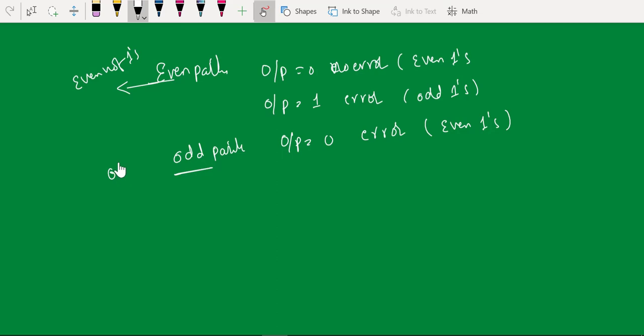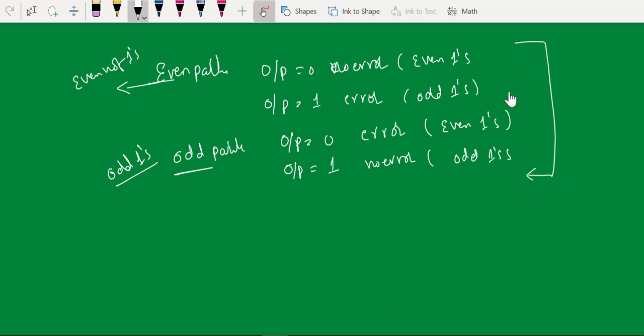In the earlier case you have to look for the odd number of ones. The output is 1 means no error. It is having an odd number of ones. Please remember this when you use the same circuit for parity detection.